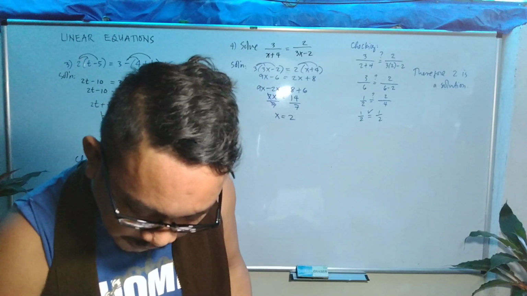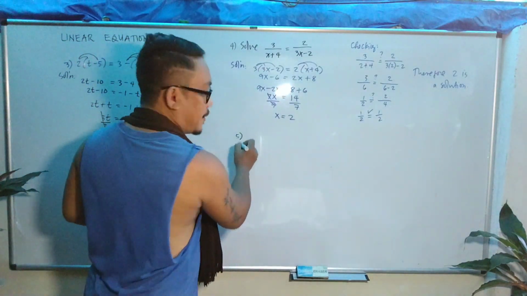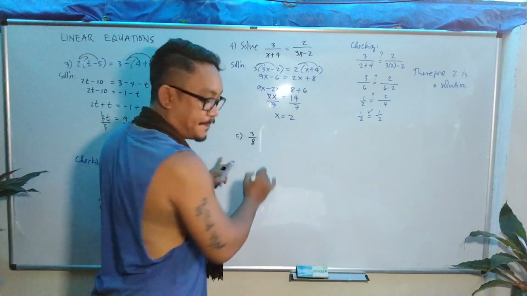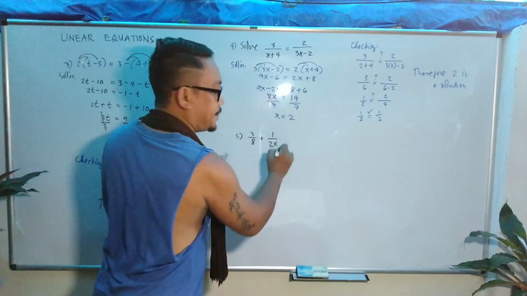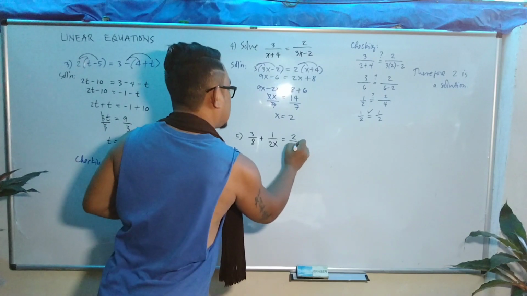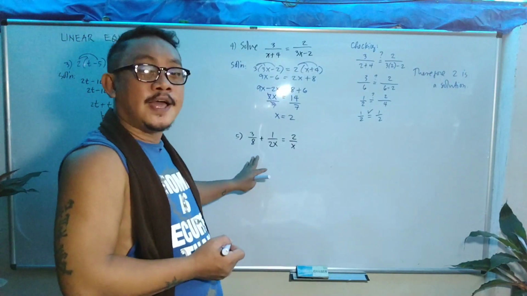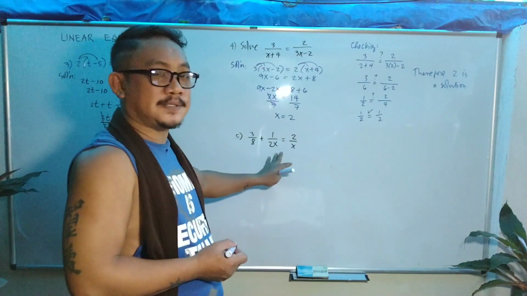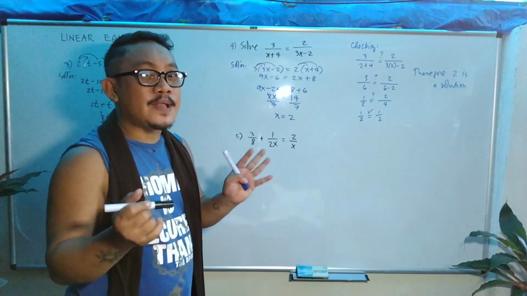Okay. Now, what if you will given this one? The 5. You will be given 3 over 8 plus 1 over 2x is equal to 2 over x. Okay. So, what if inunaan niyo ang gihatag sa inyo? Then you will be asked to find the variable x. Okay. So, in this case, we will identify